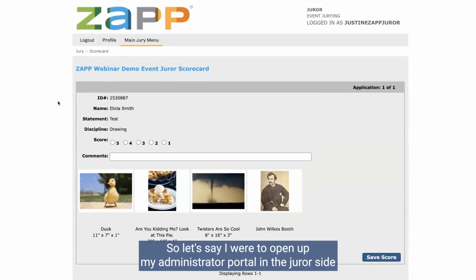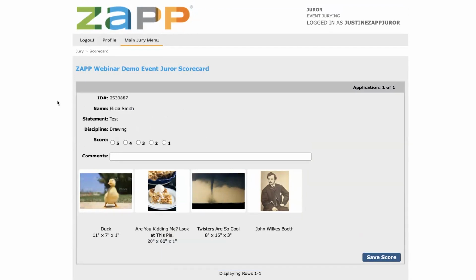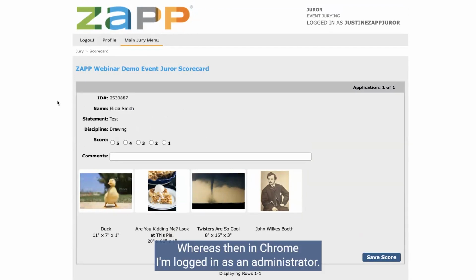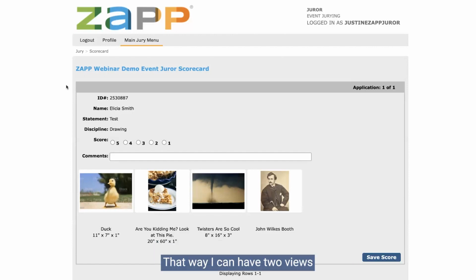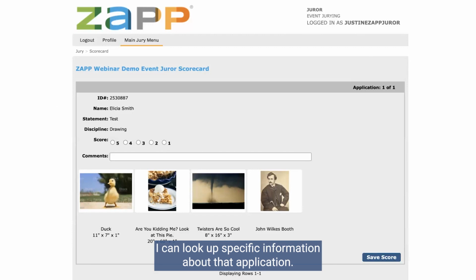So let's say I were to open up my administrator portal in the juror side, and I can review the jury side of that and all the images. Whereas then in Chrome, I'm logged in as an administrator. That way I can have two views, and that would allow it so that on the admin side, I can look up specific information about that application. I can tag or change the status of that application, but I'm still able to review it as a juror